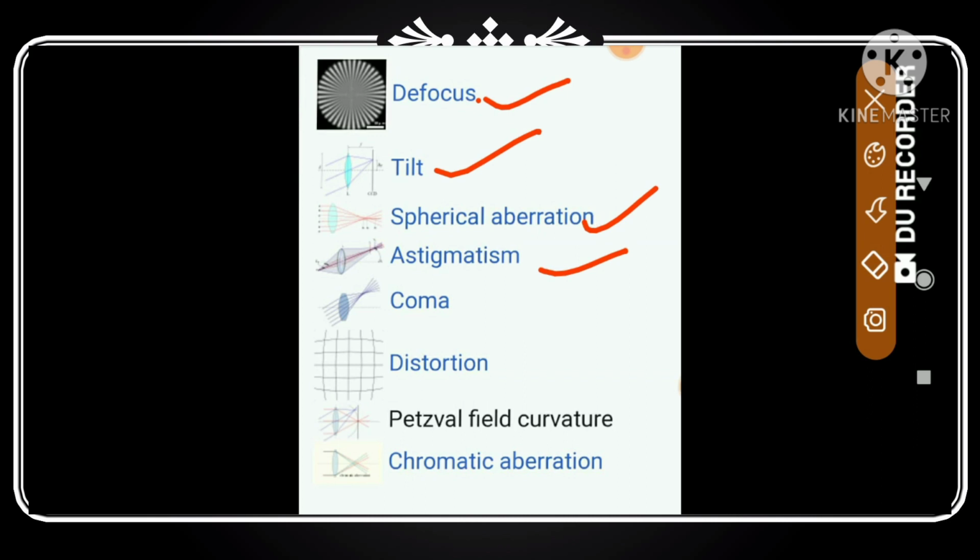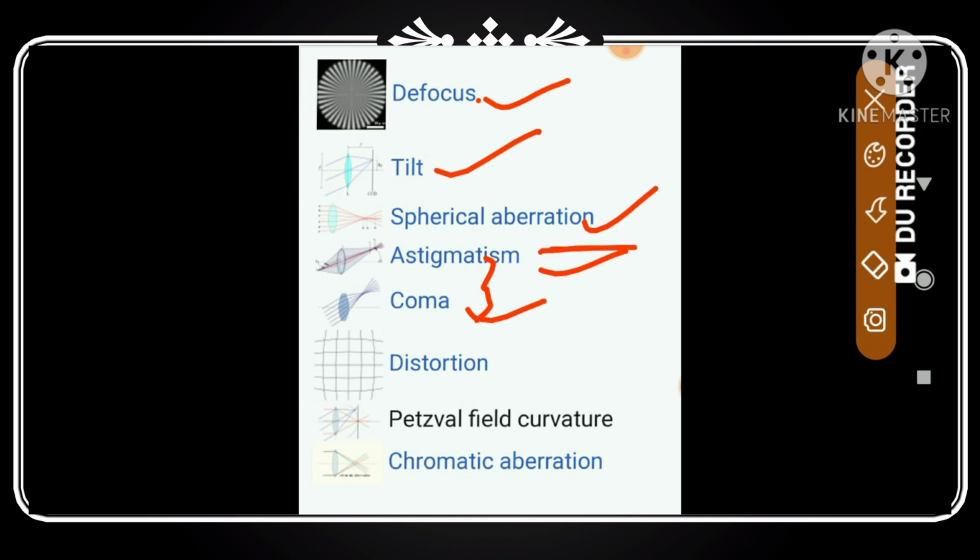Astigmatism. What is astigmatism? Astigmatism and coma are similar aberrations in the image formed by a lens of an object point off the axis. The difference between astigmatism and coma, however, is that in coma the spreading of the image takes place in the plane perpendicular to the lens axis. In astigmatism, spreading takes place along the axis.